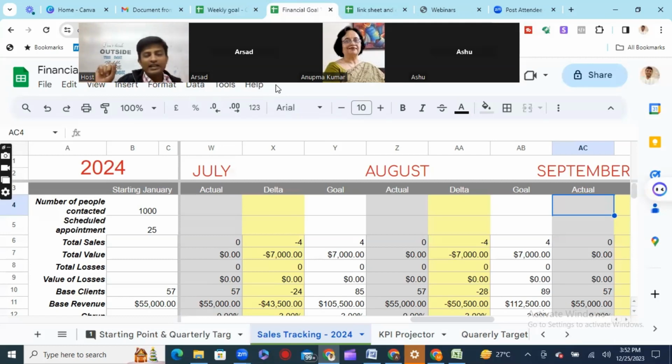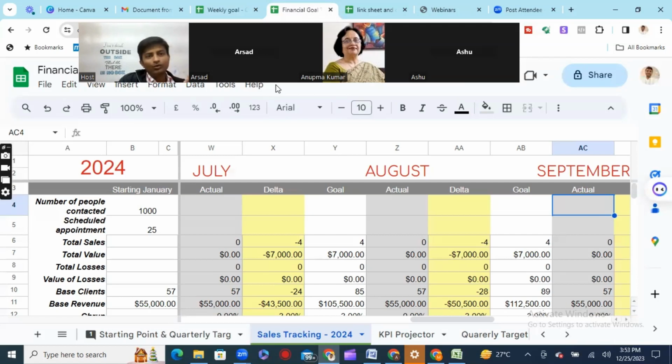Okay. So dreams without plans are only dreams. But if you plan, then your dreams will become reality. So this is very important. You plan your goals. If you plan the goal to this depth, then the chances of goal achievement will increase. Okay.